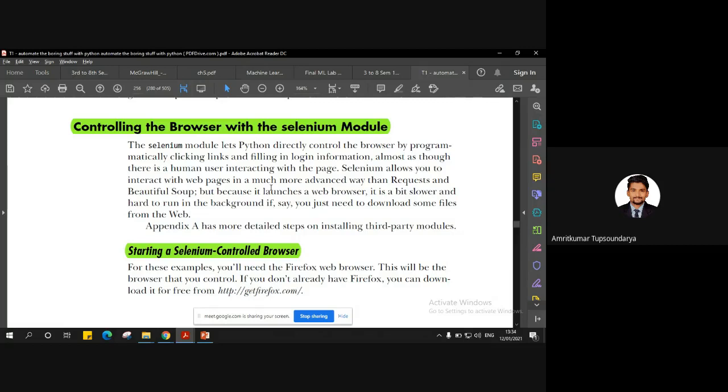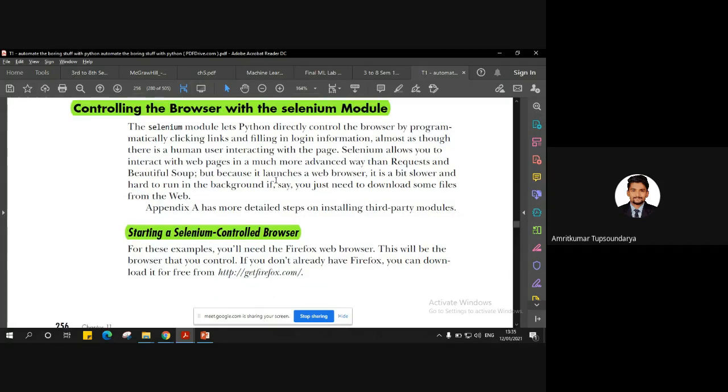In order to understand that, we will again divide these things into sub parts, and we will understand step by step how we can control a particular browser using the Selenium module. The first thing is starting the Selenium-controlled browser. You can use any particular browser, but for example, let's say we take a Firefox browser.